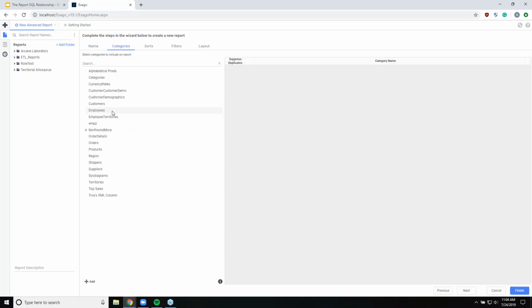When we navigate to categories, we're going to keep things simple to start. As many of you folks are aware, we love using the Northwind data set for simple examples. So we're going to start with this employees category or the employees table. I'm going to drag that over. I'm not going to add any sorts and filters just yet. Again, I want to keep this